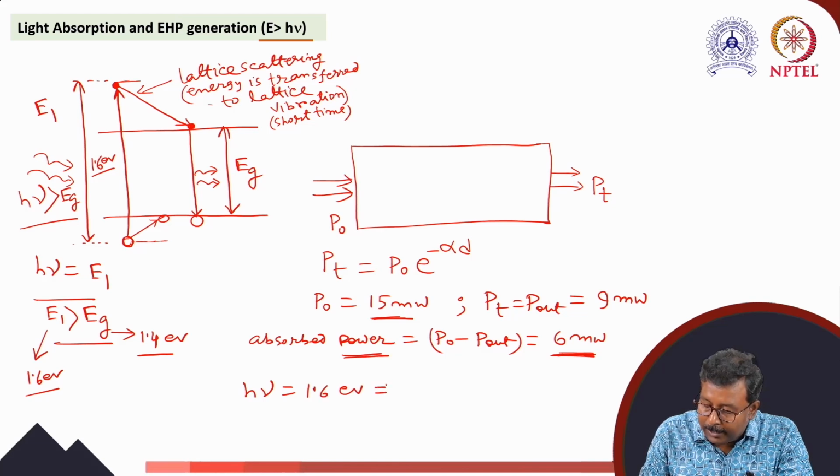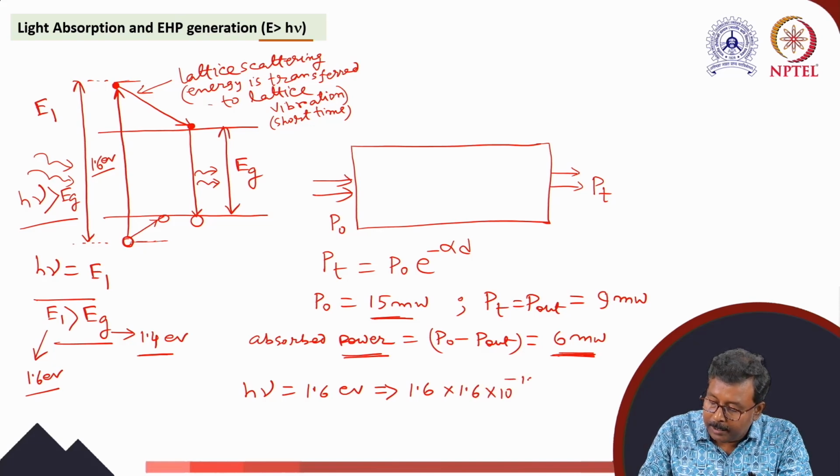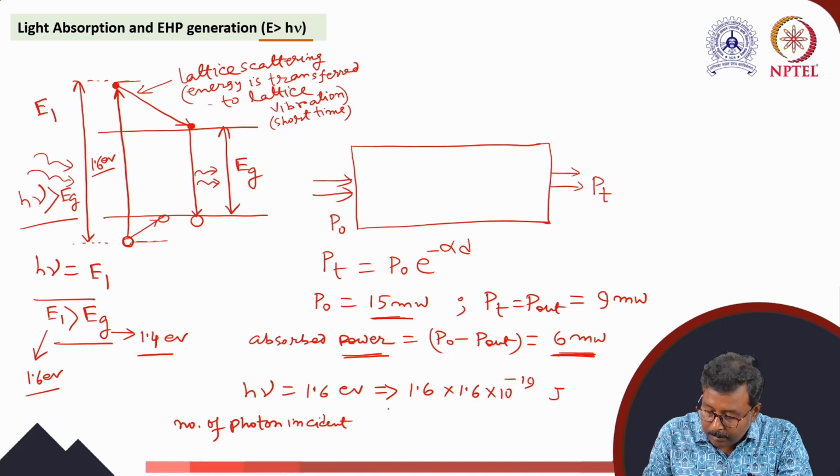So that indicates 1.6 into 1.6 into 10 to the power minus 19 coulomb. Electron volt, electron is this coulomb into volt, so this is basically joule. So the number of photons incident per second, that will be